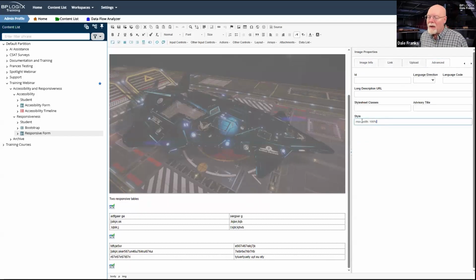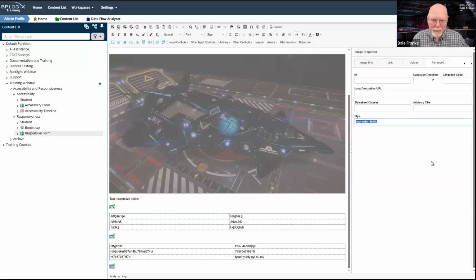So if I set the max width of my picture to 100%, it doesn't matter how big the picture is. By the way, I can do this to tables. I can do this to div tags. I can do this to almost anything. Set the max width to 100%. That way, it can never extend past 100% of the horizontal space on whatever container it's in.